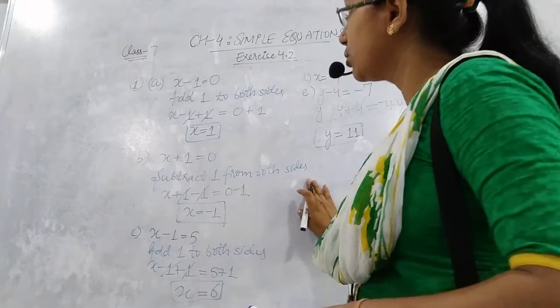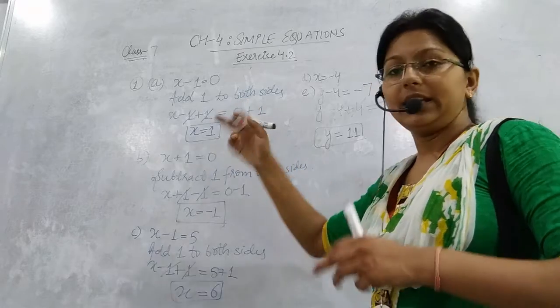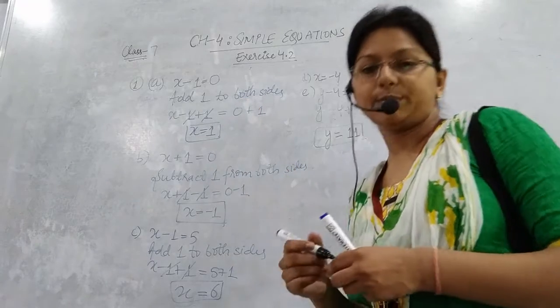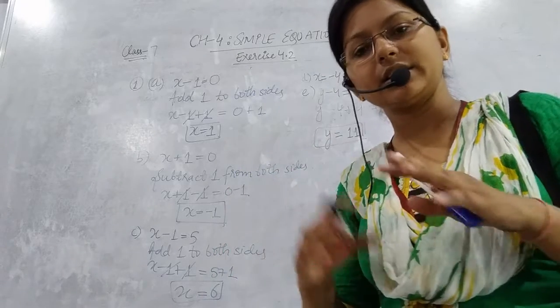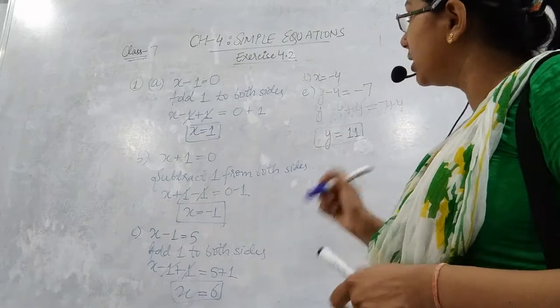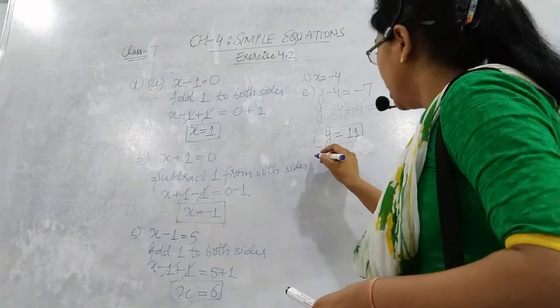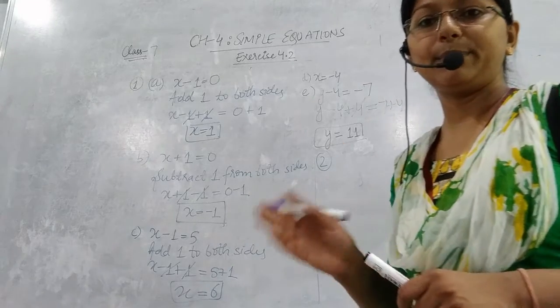In first question only 2 steps we will be using, either addition or subtraction। ठीक है, आप इसके सारे पार्ट्स देख सकते हैं, या तो किसी में ऐड करना है या किसी में सब्ट्रैक्ट करना है। ठीक है, this way you can complete all the parts of first question। Now in question number 2 the questions are of multiply and divide।